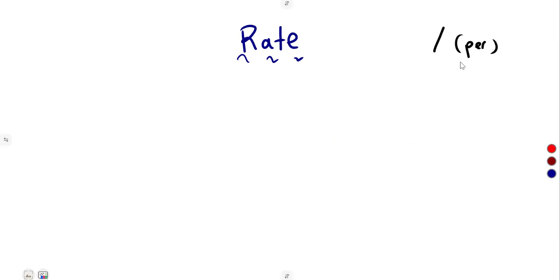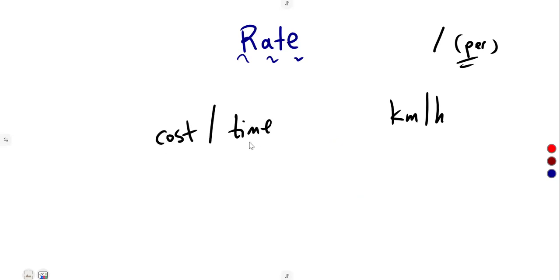per. Kilometers per hour. It is the cost that you are having per unit time. Is it per minute? Is it per second? The consumption of fuel, liters per unit time, is it per minute? Is it per hour? Is it per second? Once you consider that it's a rate per unit time,